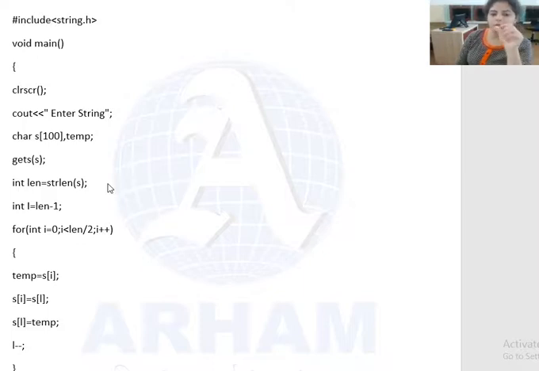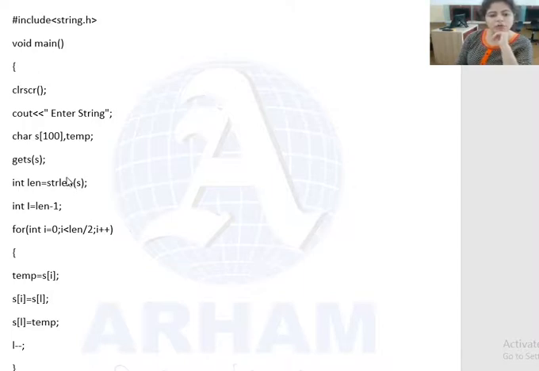It is important to calculate the length because we have to reverse the string. We must know first how many characters are in the string and how we have to reverse it. Whatever name you give to the string, you have to use that variable with the gets function as well as with the string length function, because this function will calculate the length of that string.